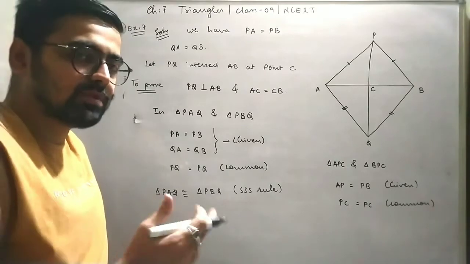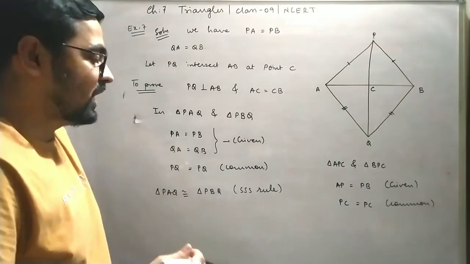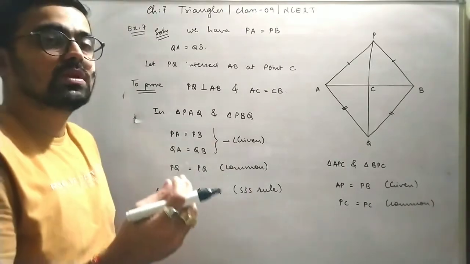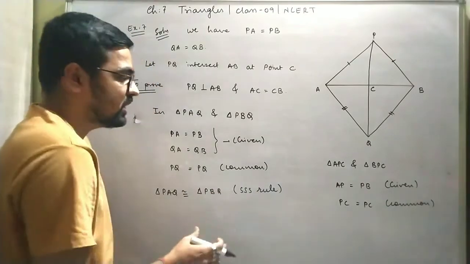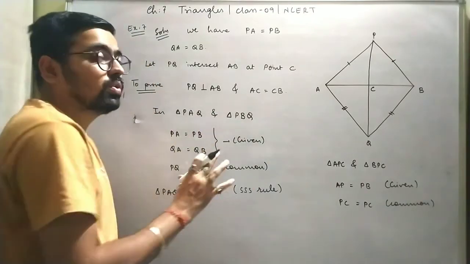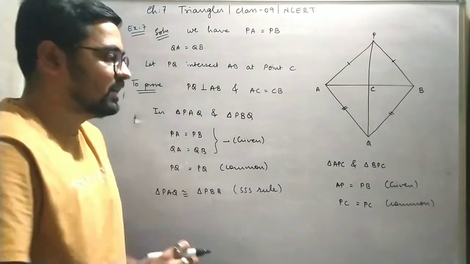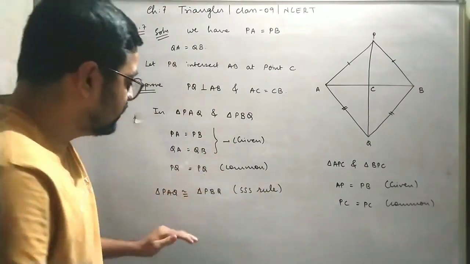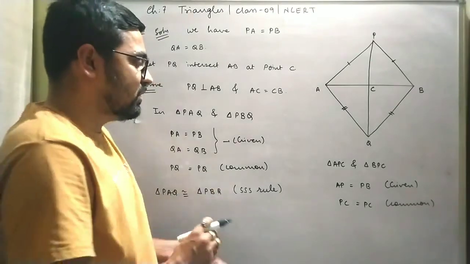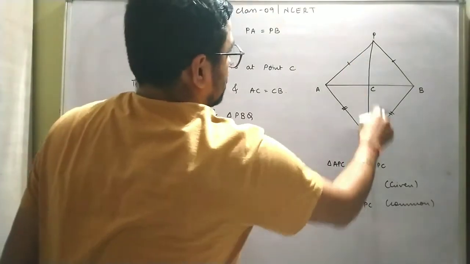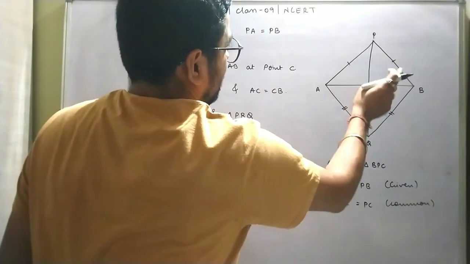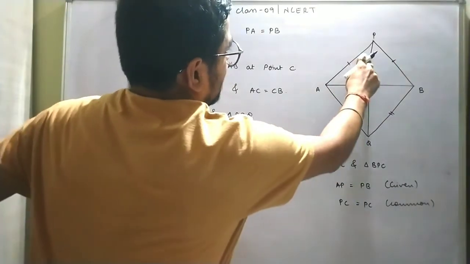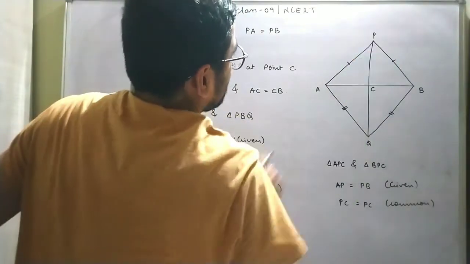If I said 2 times by mistake, consider it as 3 times SSS congruence rule. So this is how we are supposed to utilize the congruence rule of side, side, side. This is the example for side, side, side. We'll go for this one also. Now once I get to know that all the sides are equal, I get to know that these two triangles are congruent, and if those two triangles are congruent, I can easily say that these two angles are equal.